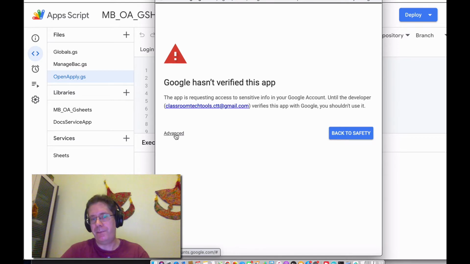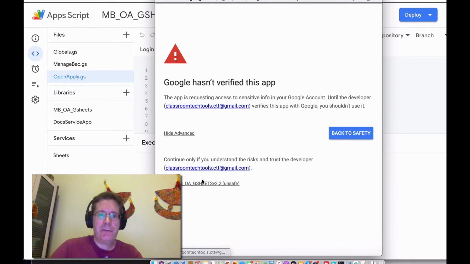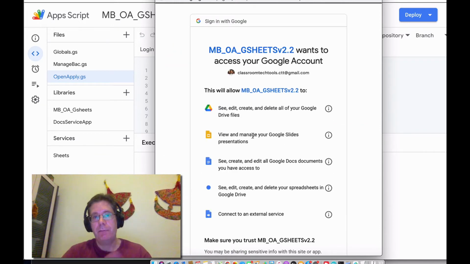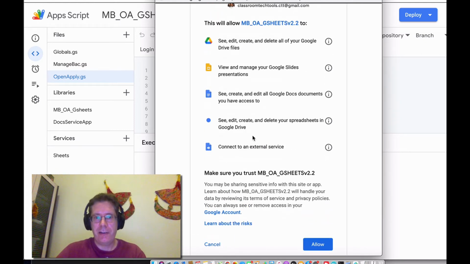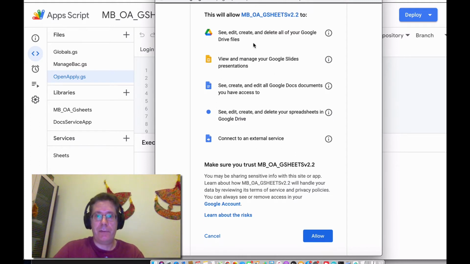So that's just a fail-safe because we don't want people to be just publishing anything. And if you trust the Classroom Tech Tools repo, you can take a look at the code itself. You can see what it does. It doesn't do anything nefarious, but these permissions are required to see the files because we're going to update the